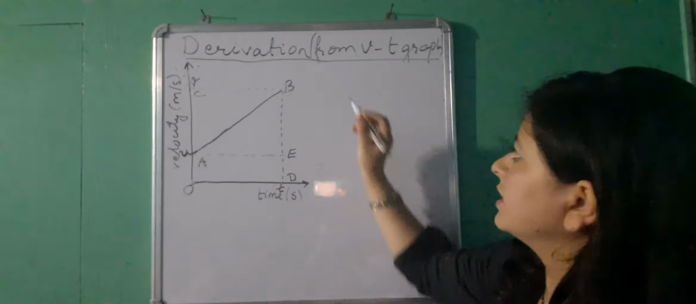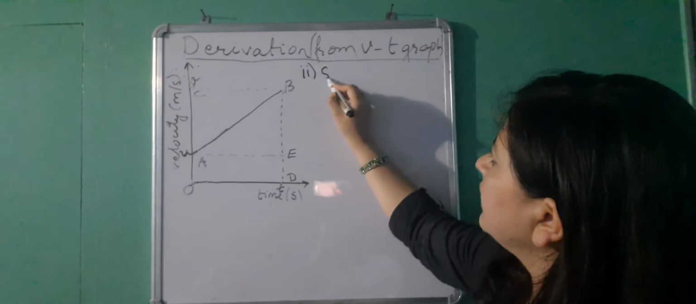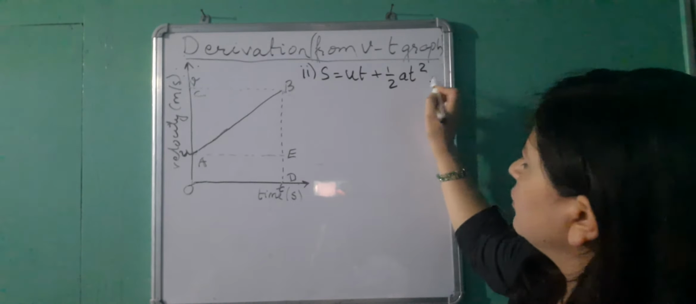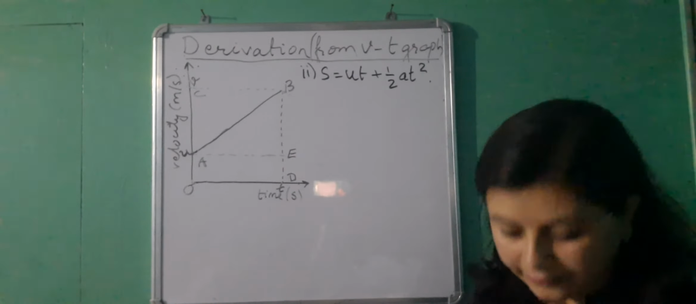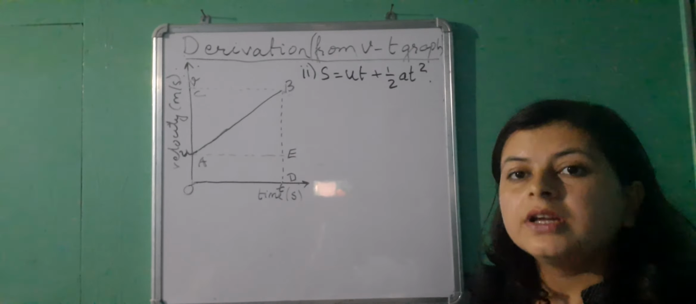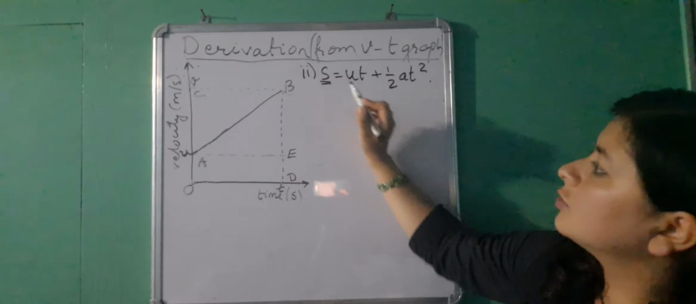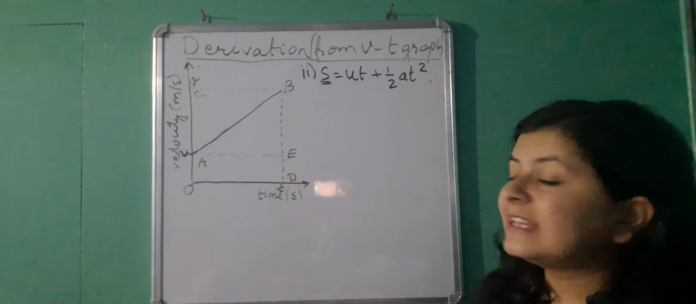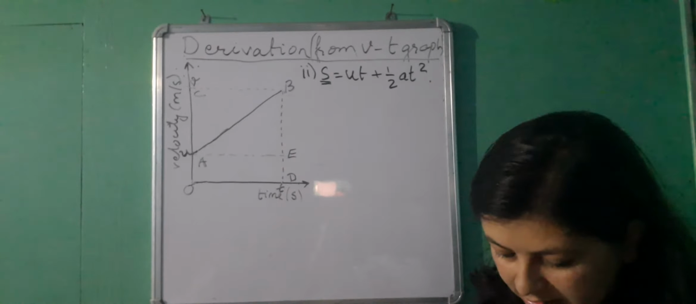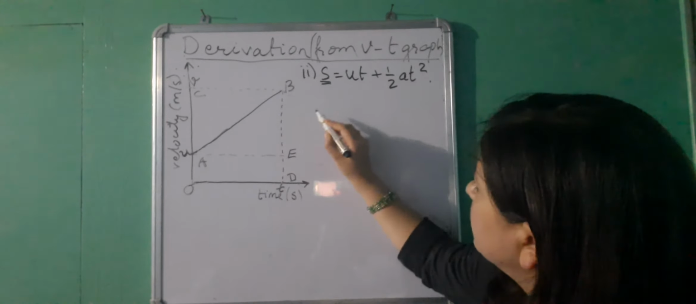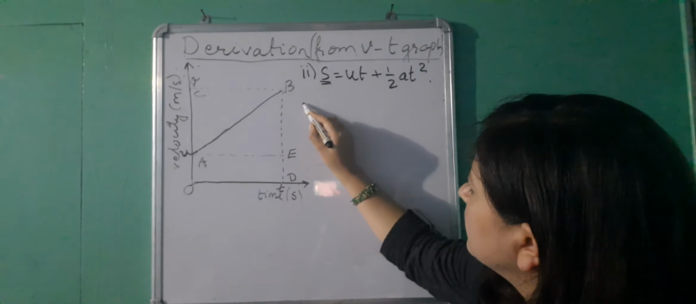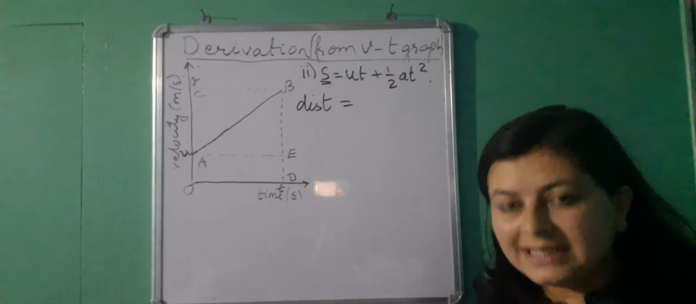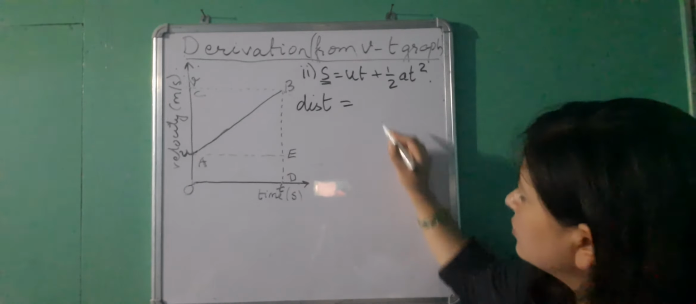The second equation of motion is S is equal to UT plus half AT square, which we are again going to derive using the same graph here. Now, since it involves distance and we know how to calculate distance using a velocity time graph, distance can be calculated by taking the area under the graph. So distance, that is S, the distance traveled by the particle in time interval t, is equal to the area